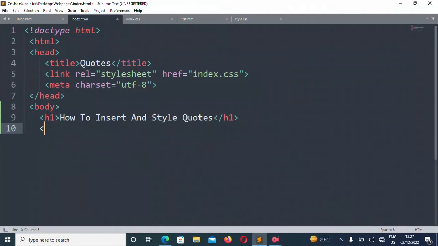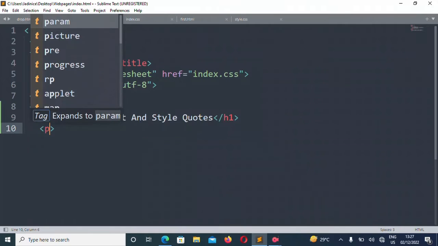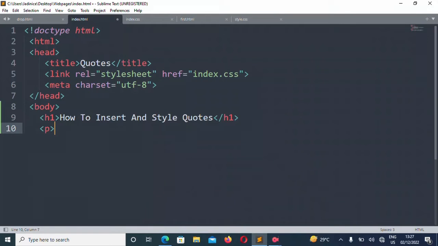Okay, then we'll add a paragraph. Let's save it there. Once we refresh, we'll see it's the H1, how to insert and style quotes.